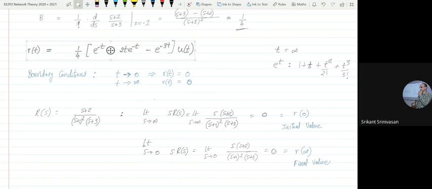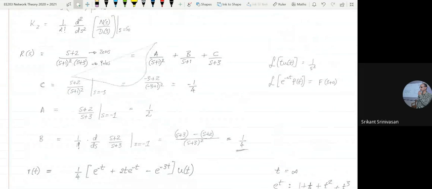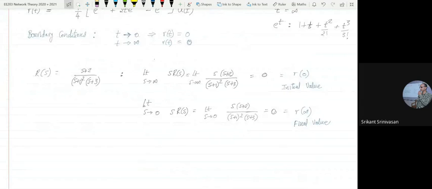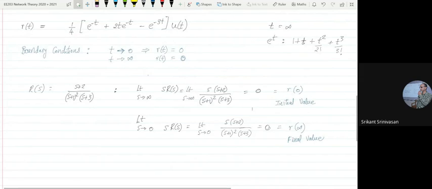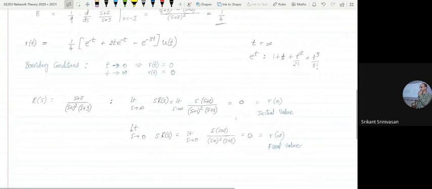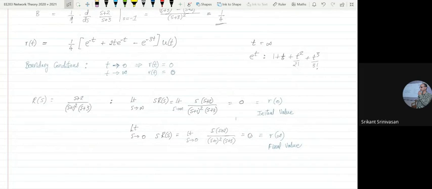See the beauty of it. That means I didn't have to find all these residues. Nothing was done. I directly took the original formula, I just multiplied by s, and I could set the limits infinity and 0, and I directly got the boundary conditions. Now see, by doing this kind of quick back of the envelope analysis, once you do it regularly, you will just do it mentally. You can quickly solve that.